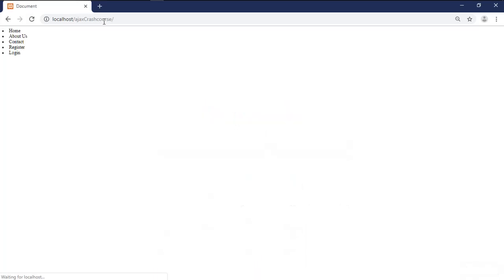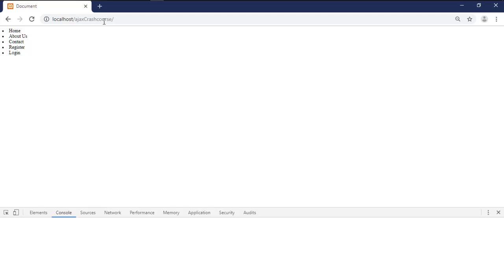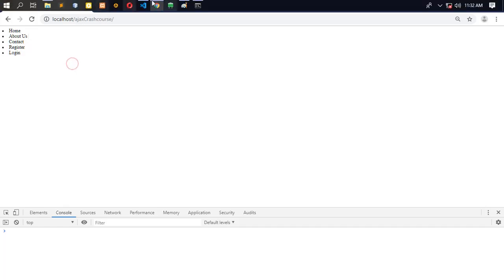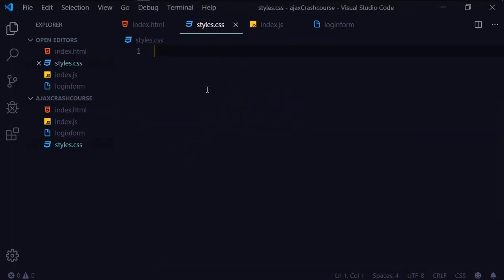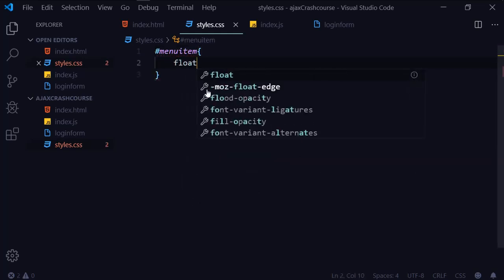It's loading, and then I'm going to fire up my dev tools. I'm firing up my dev tools. Now here you can see this list. So what I'm going to do, I'm going to style them up. I'm going to go to the styles.css, and I'm going to use the hash and refer to the menu item, and then I'm going to give it a float of left,